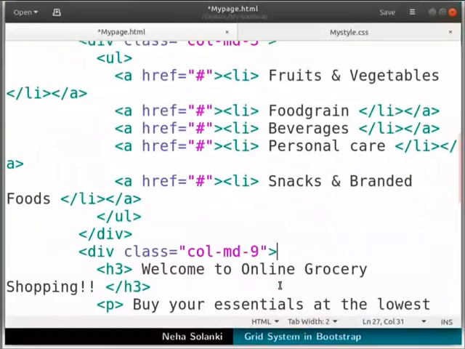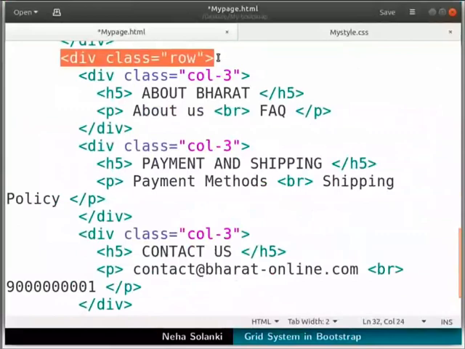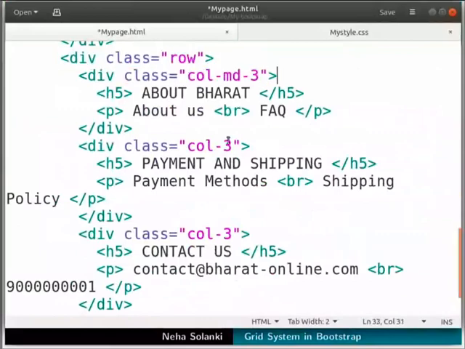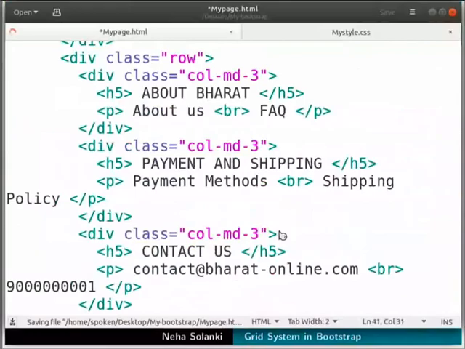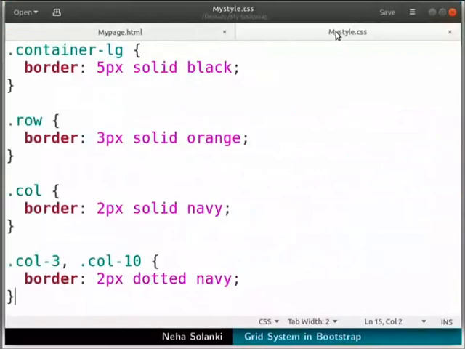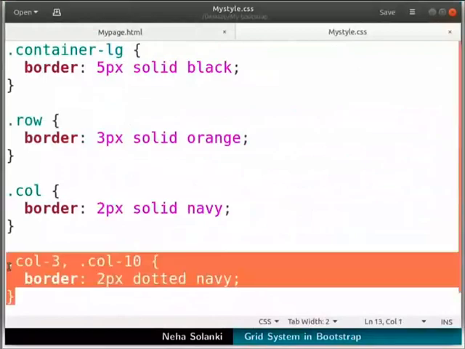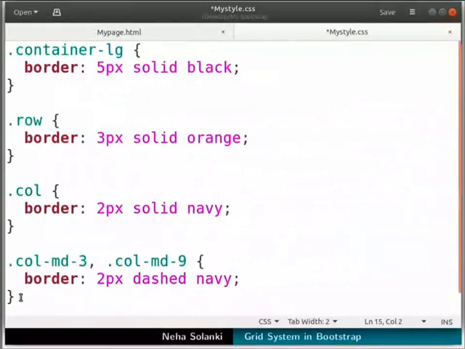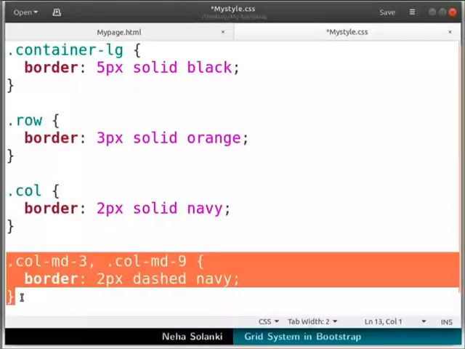In the second row, for the first column, change the column class to colMD3. For the second column, change the column class to colMD9. For the third row, change all the 3 column classes to colMD3. Save the file.